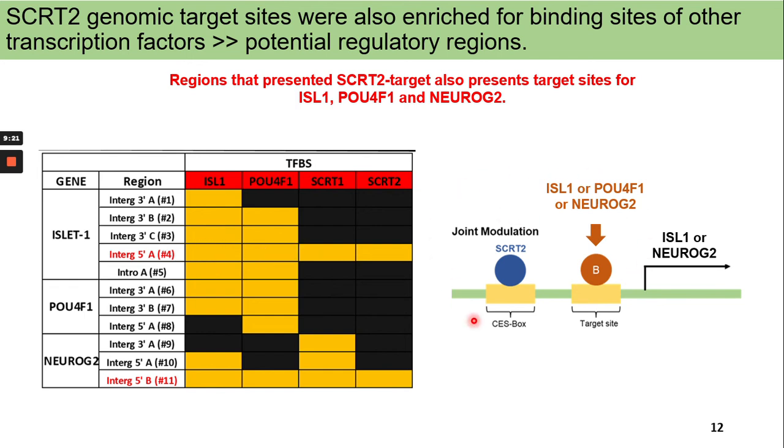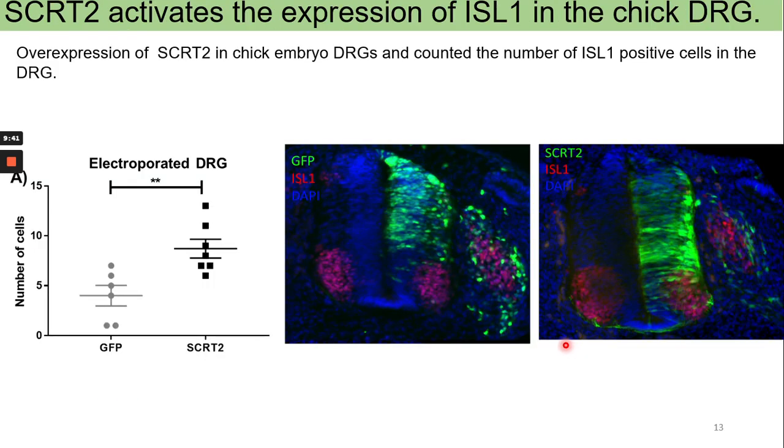So this could indicate a possible interaction of joint modulation where Scratch2 binds to a specific target site and Islet1, Pou4f1, or Neurog2 could bind to another target site, and together both can regulate the expression of Islet1 or Neurog2. So to confirm in embryo the possible regulatory role of Scratch2 in the expression of Islet1,